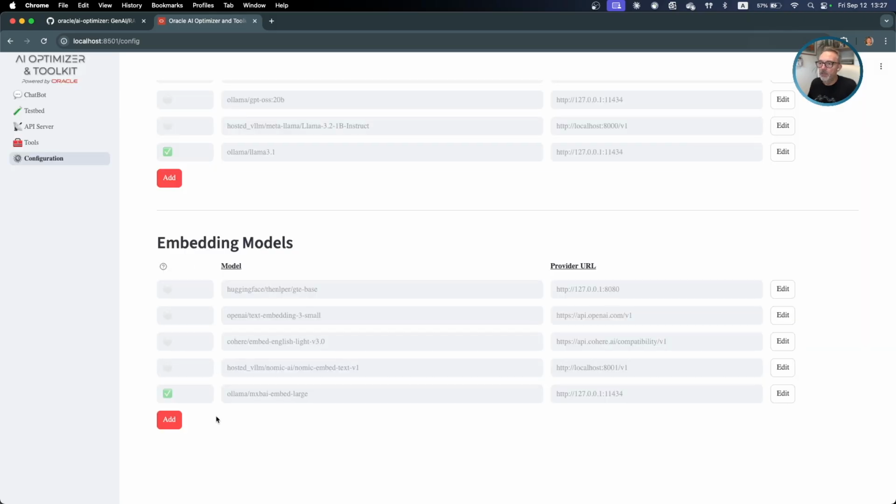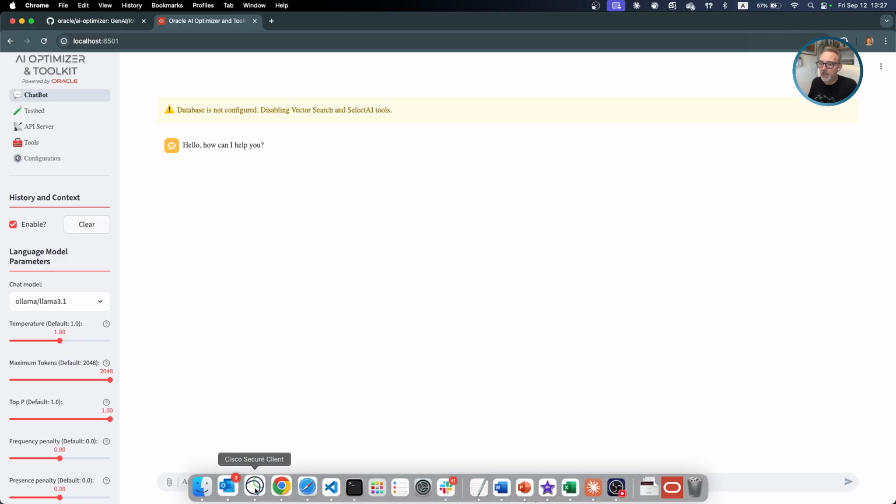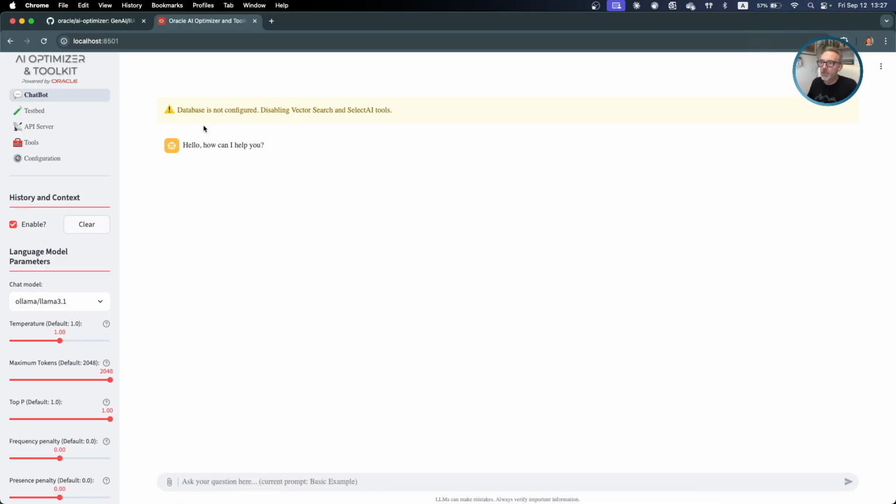Okay, so it both works. So let's check what is going on in the chat. Now the chat is saying a different thing. Database is not configured, and it's disabling vector search and select AI tools. Never mind, but we can try the chatbot.